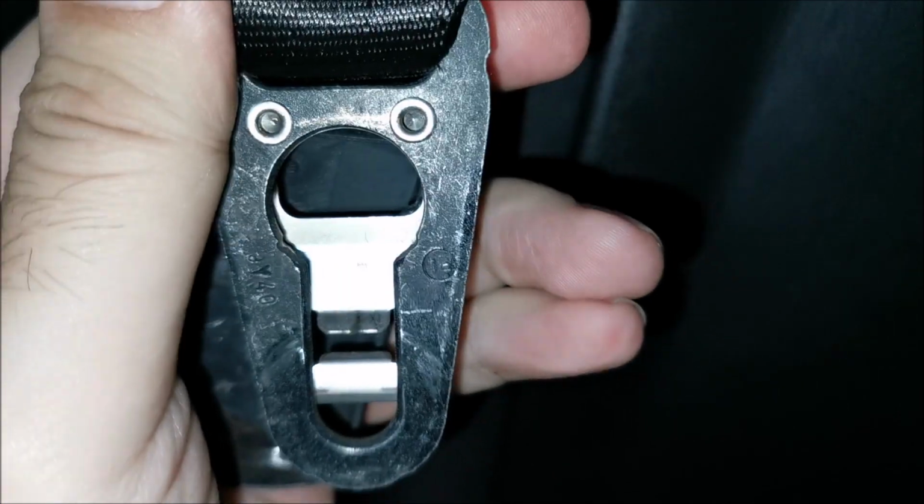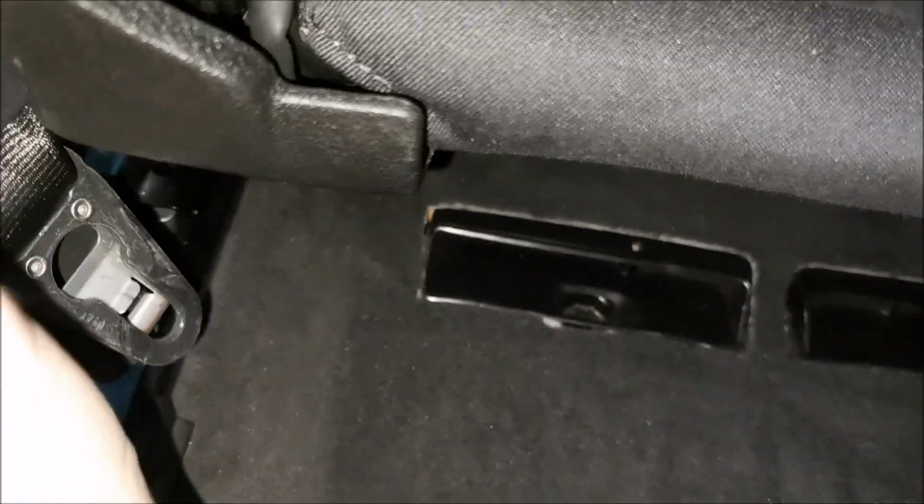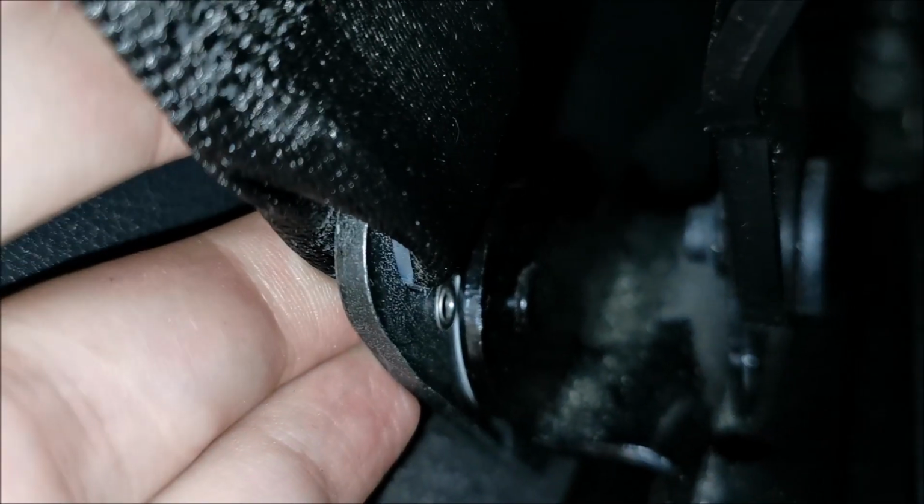Now let's get this thing back in place. Make sure it's straight up to there, and this plastic needs to be higher on it so it doesn't bother you. You insert it, come on, zoom in there. You insert that thing where the hole is wide, and then